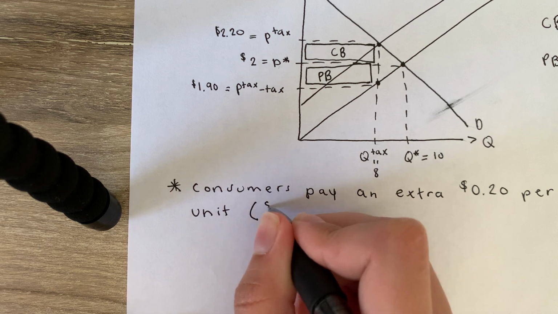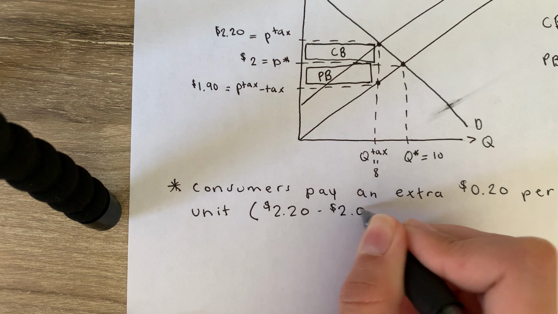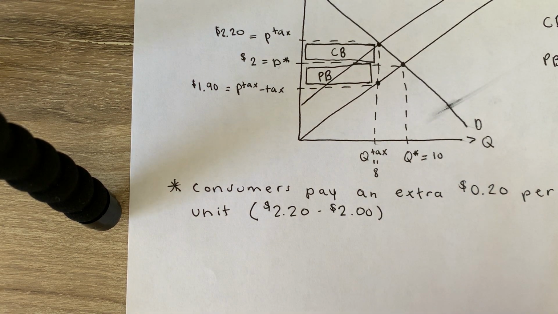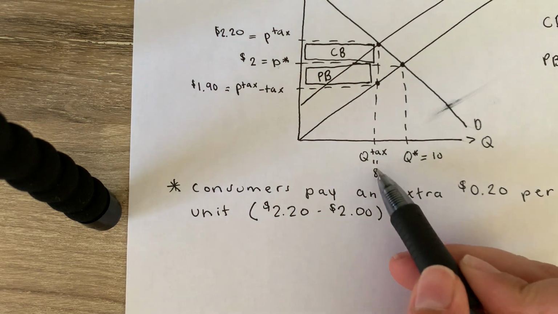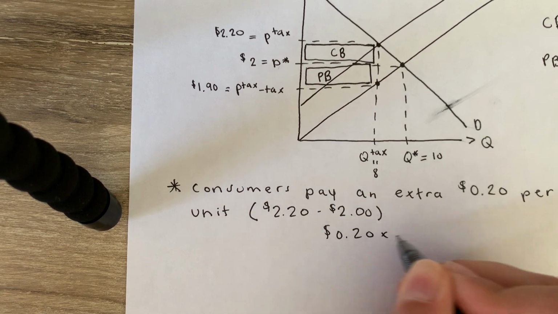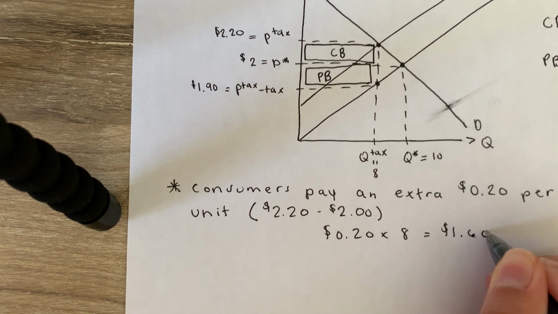This is from $2.20 minus $2, right? And so if they're paying an extra 20 cents per unit, right, we can see that we're producing 8 units, so then that can turn into 20 cents times 8, which is $1.60,